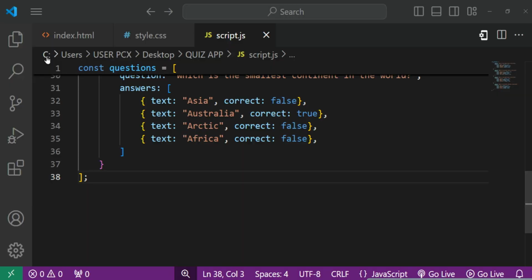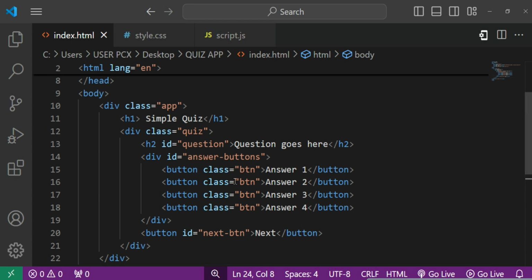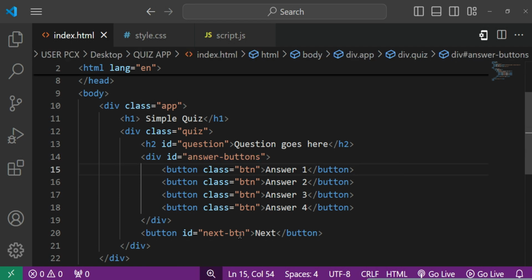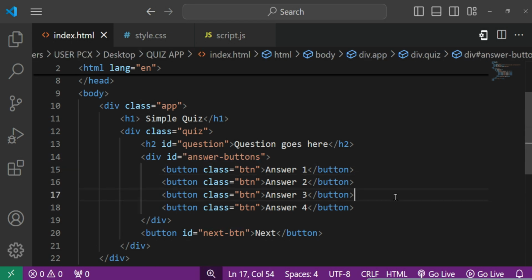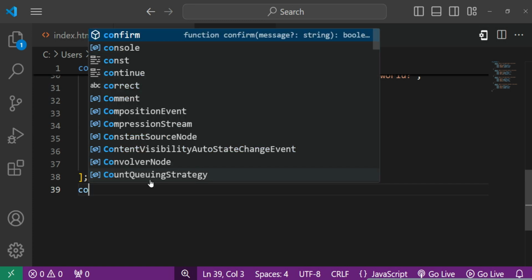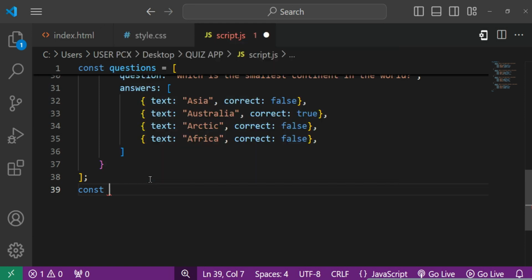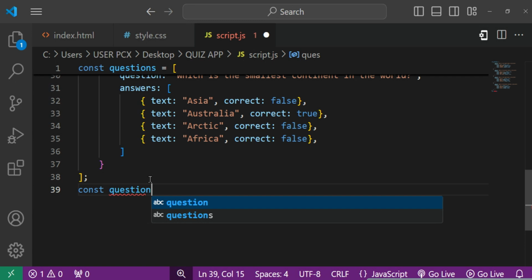Now go back to your HTML. You can see that we have different IDs. So we have ID answer button, right? Then we also have ID next button. So we want to let JavaScript get those elements by ID. So what do we do? Put const question element equals to